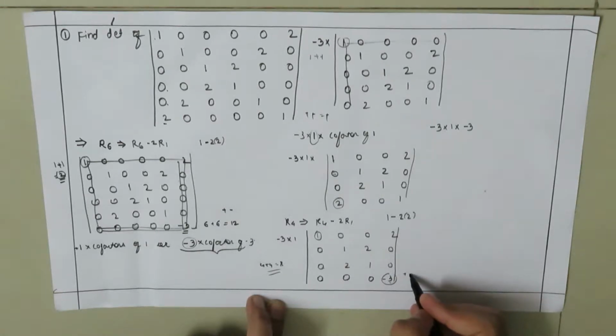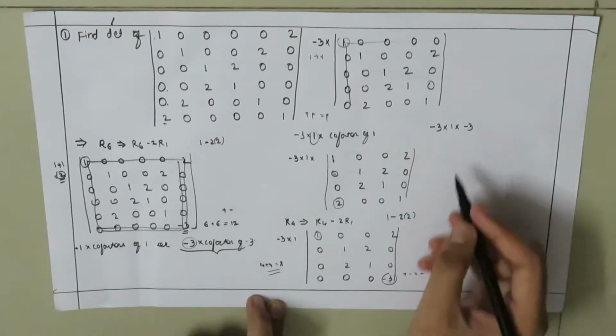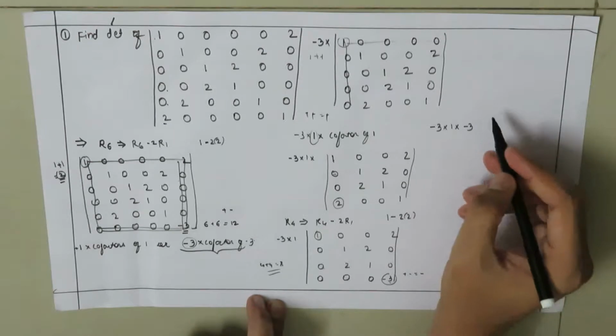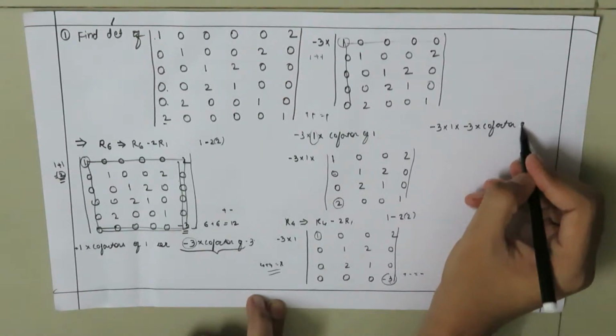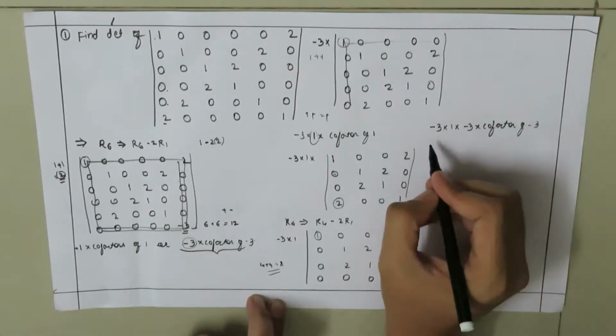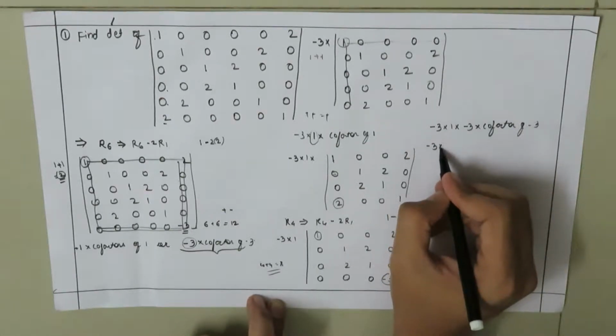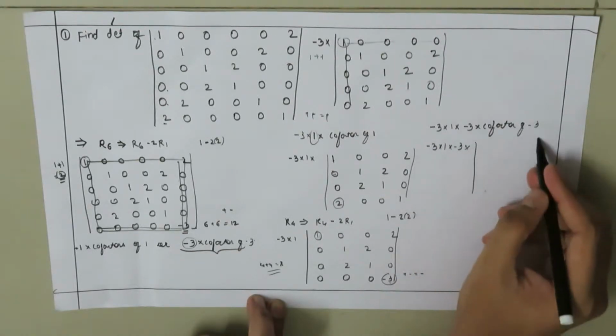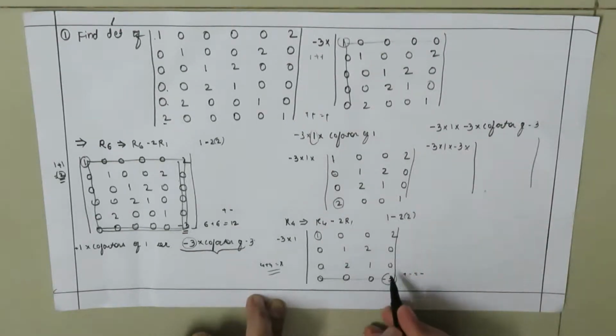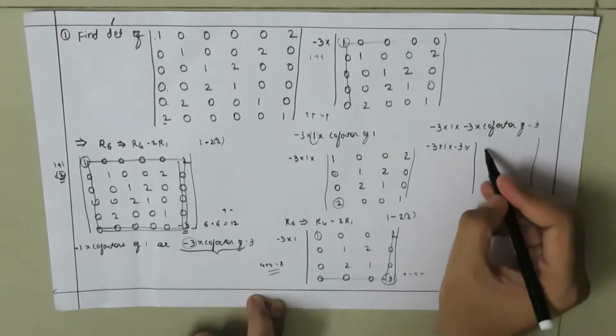So positive multiplied by negative is again negative, so it does not make any effect, times the cofactors of negative 3. So here we get negative 3 times 1 times negative 3 times the cofactors of negative 3 will be